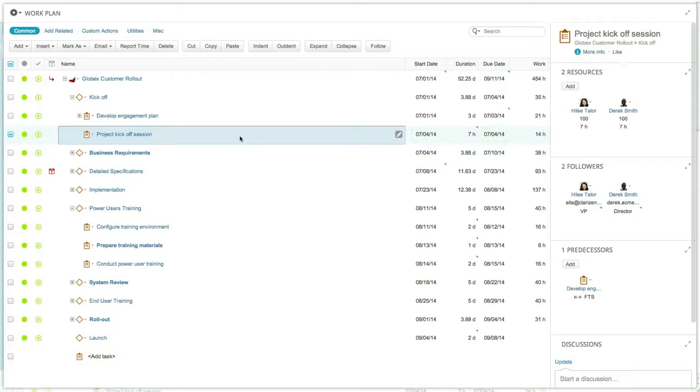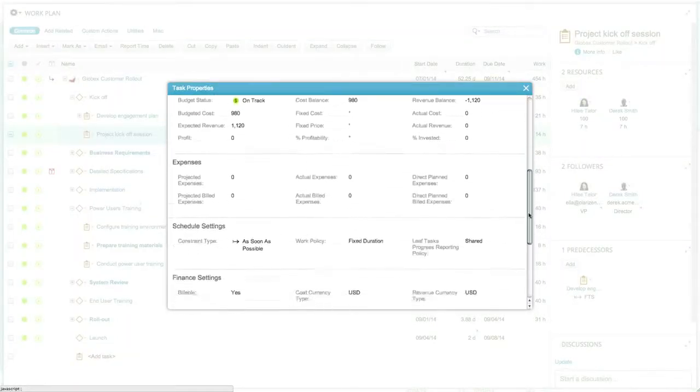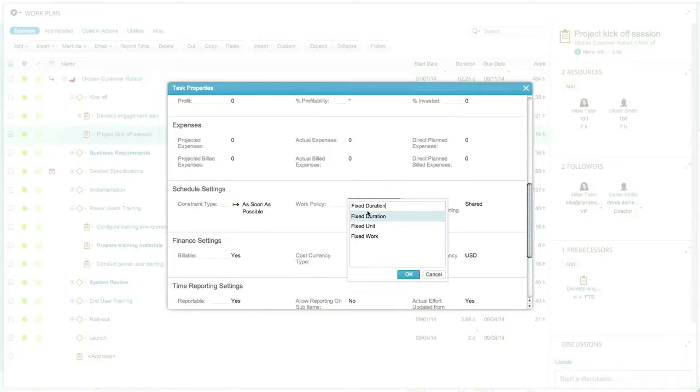Usually, organizations estimate work in one of these ways, though in complex projects, it is more common to use a variety of methods. One of the key things to understand when building out your project is work policy. If you have some previous experience with Microsoft Project, you may be familiar with task type, which is the equivalent. In Clarizen, work policy defines the relationship and behaviors between the 3 task and resource-related characteristics: duration, work, and resource